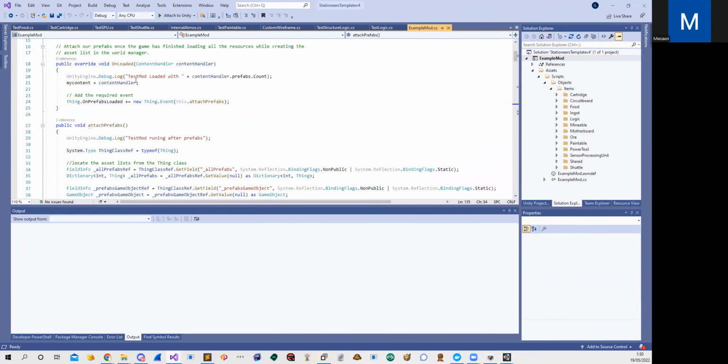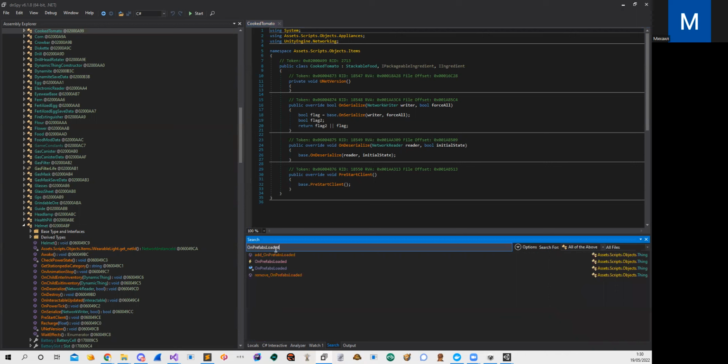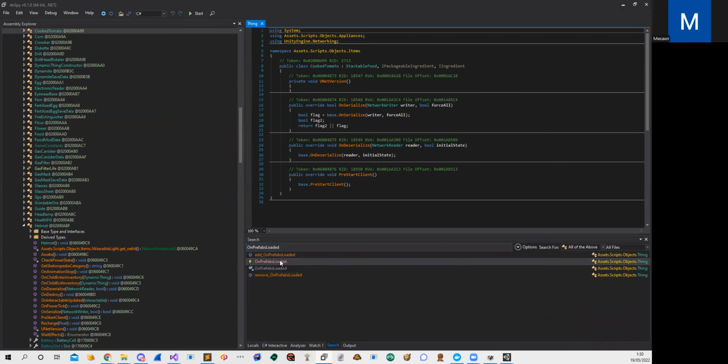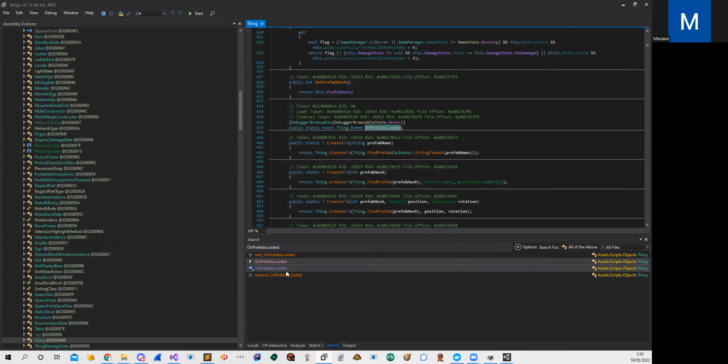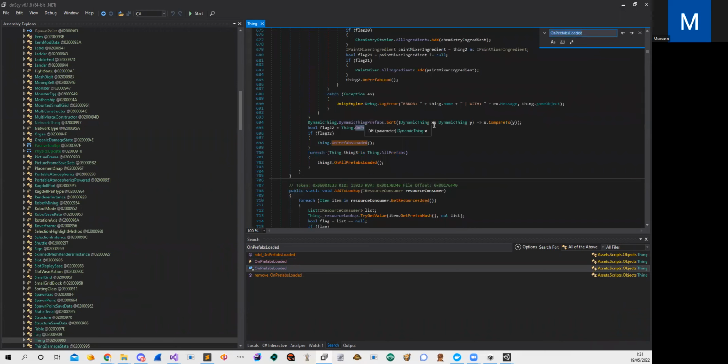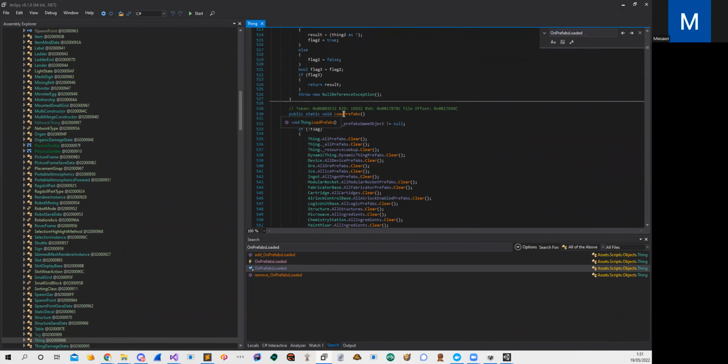If you have a look, let's say, OnPrefabsLoaded is the event, right? So if you go here to search for OnPrefabsLoaded, which is only one, it's in the Thing class, right? This function here, which is called, what is this one called? It's called in here, right? So basically, if you have a look at this, all I did was just copy how the game is loading